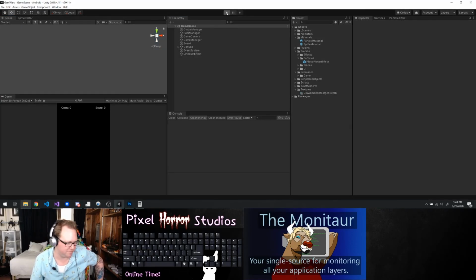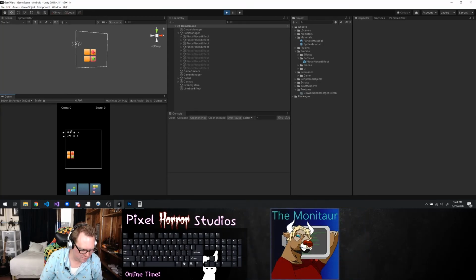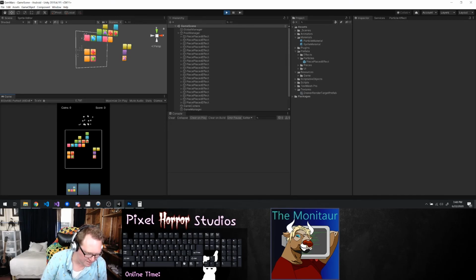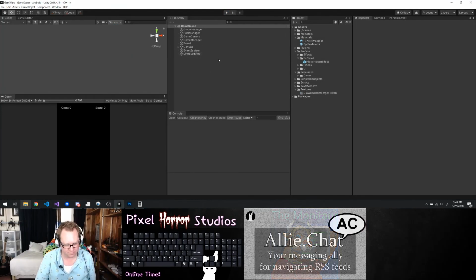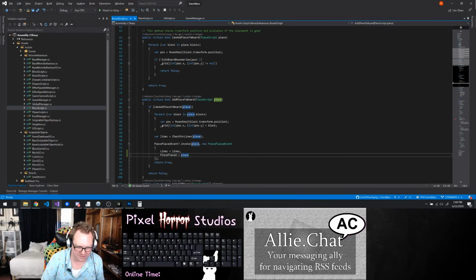Let's try it out. So it seems to be coming off of each individual block right now instead of the piece itself. So over here where we're adding the piece to the board,